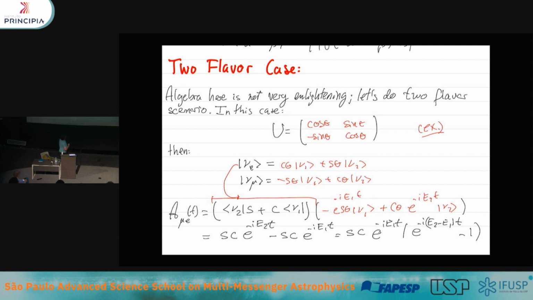And then you can multiply this out, do some algebra, rewrite it, and you get this expression here. And you notice that this expression has this here, which is an overall phase. And there's a sine and a cosine product. And then here, what I want you to appreciate is that now I actually have the difference in the energy eigenstates of your different mass states.